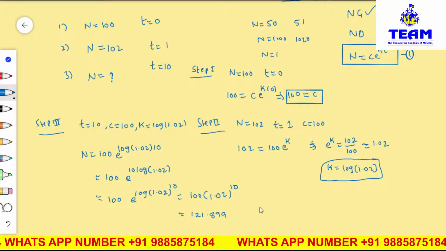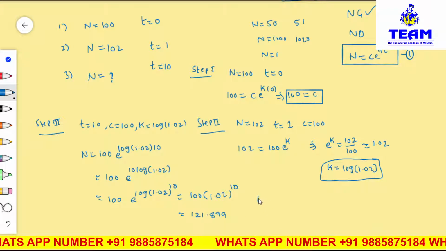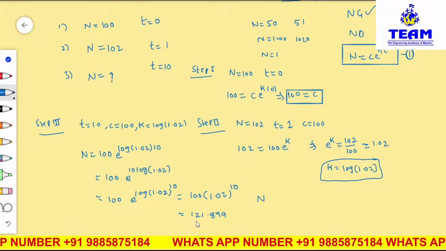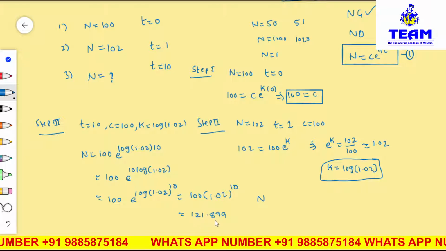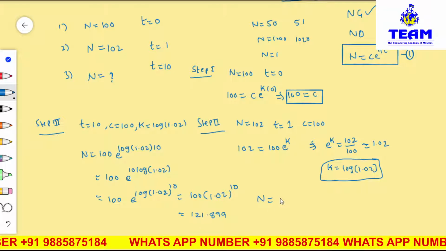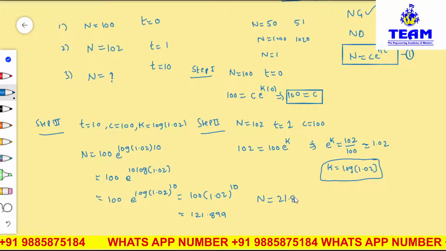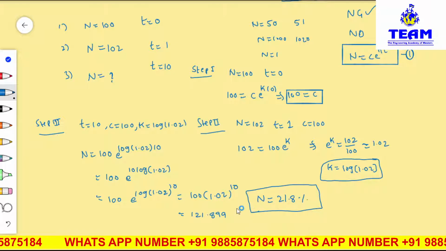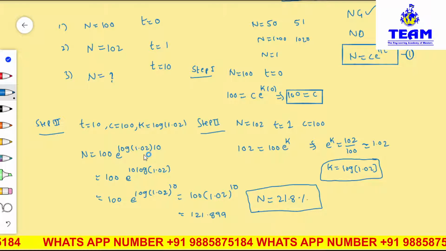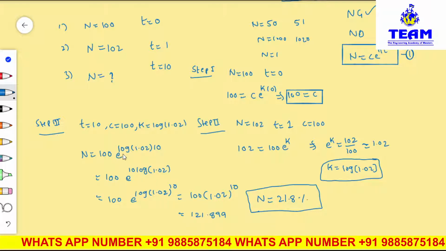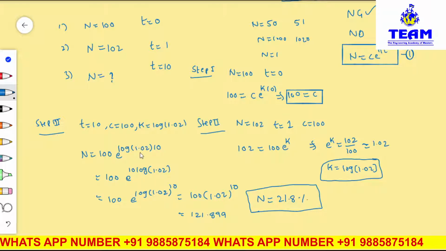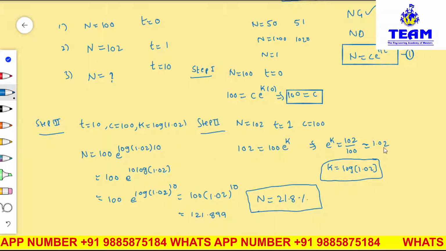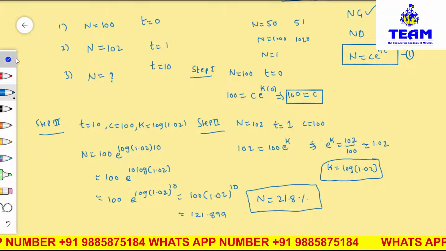So now you tell me what will be the percentage increased here. Actually originally it is 100. After 10 years what happened? 121.899. Therefore N is increasing 21.89 percentage. Okay, is it clear friends? Right. Friends, you see here I have written e to the power of log of 1.02 into 10. You can also write directly e to the power of k is equal to 1.02. If you write that, what will happen, you see.